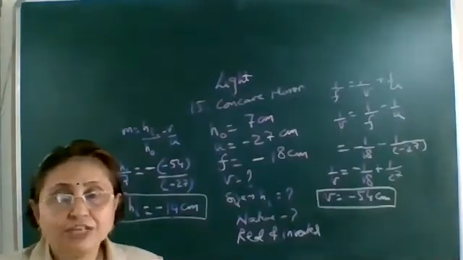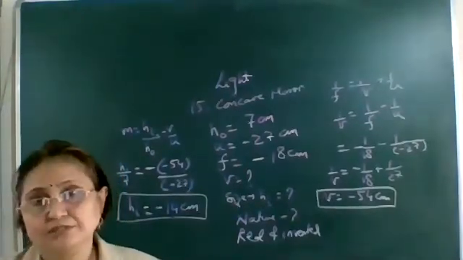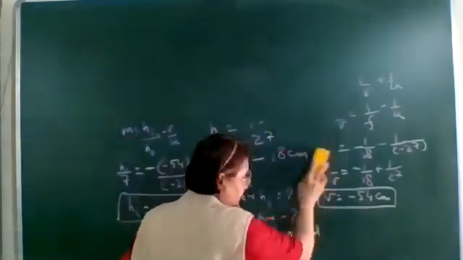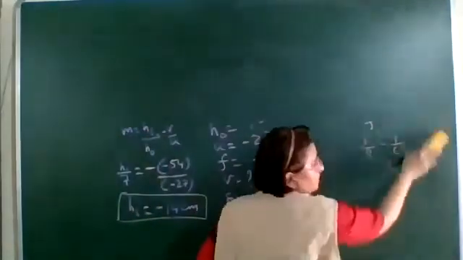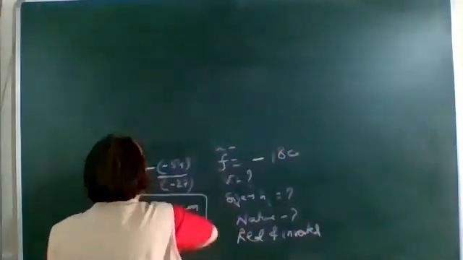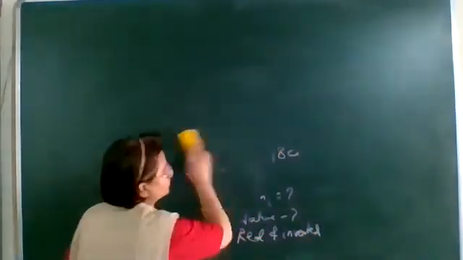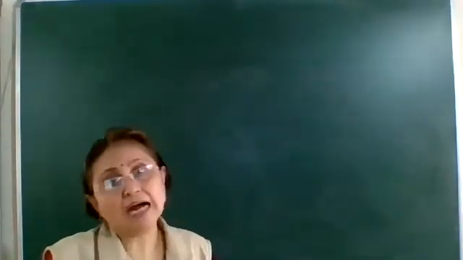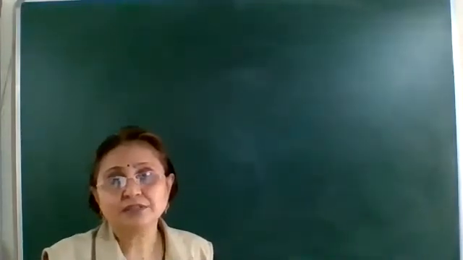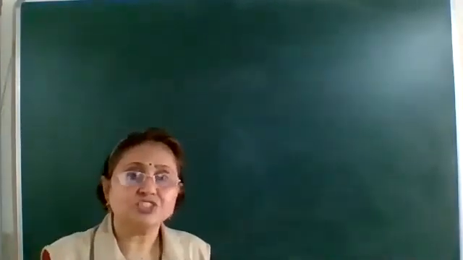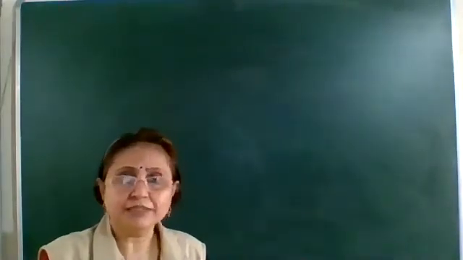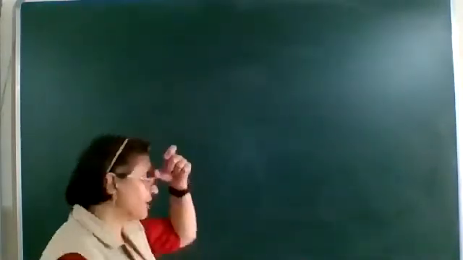Now next we'll proceed to refraction. The next is refraction of light. Reflection we have completed. Now refraction. Reflection was when a ray of light strikes a highly polished surface and, by changing its direction, returns back in the same medium. That is reflection. Now refraction.